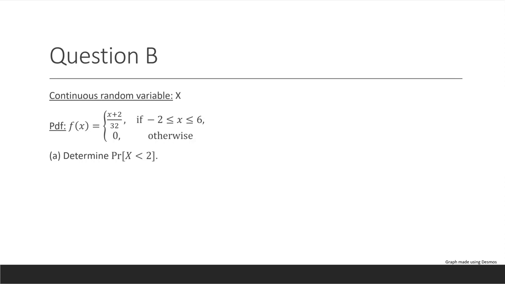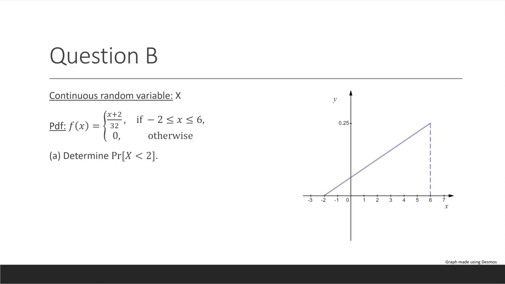Right, so let's look at this probability density function. I want to determine the probability that x is less than 2. Here's what the graph of this PDF looks like. And since we're trying to find the probability that x is less than 2, we have to look at the